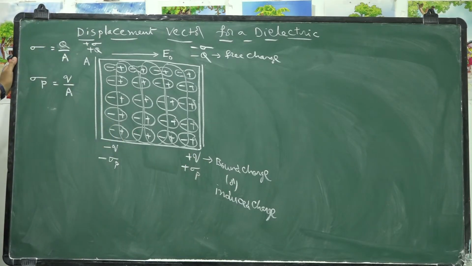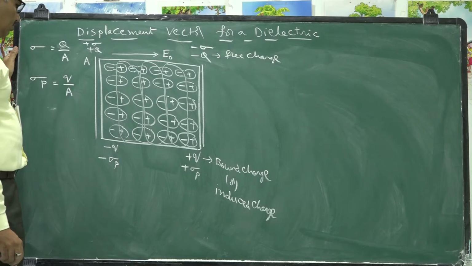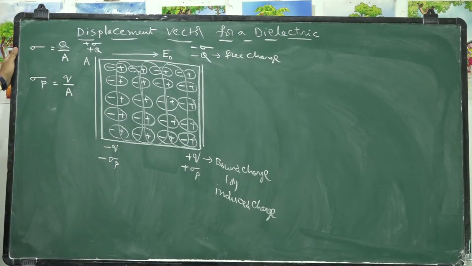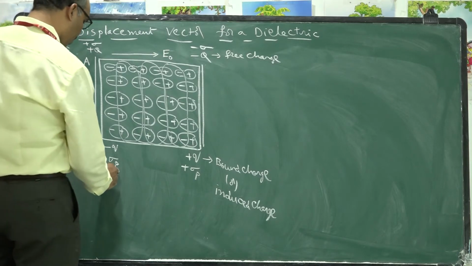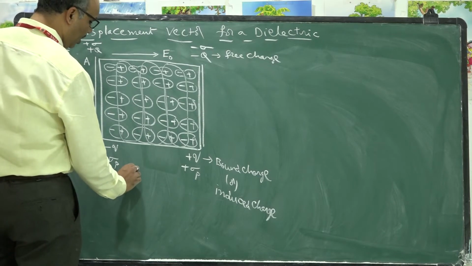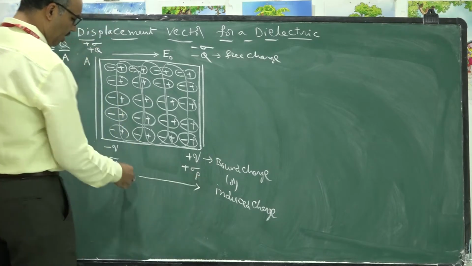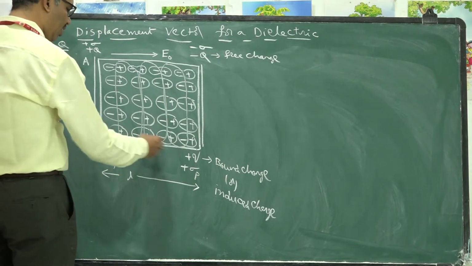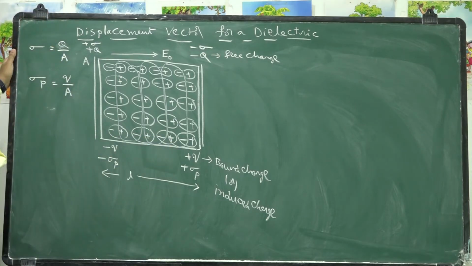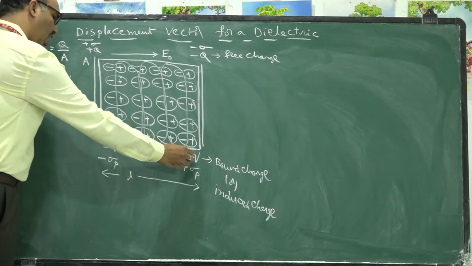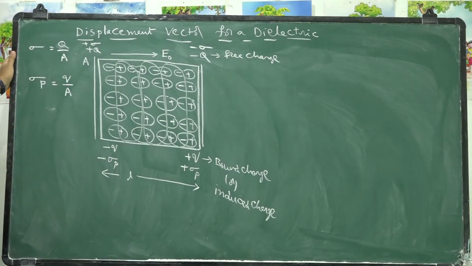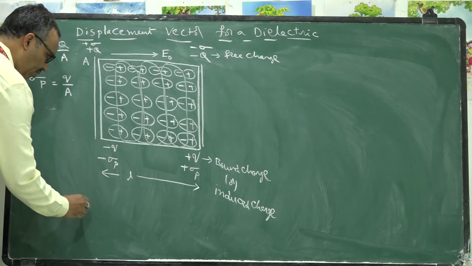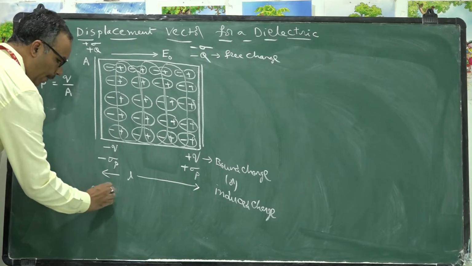You know that there exists a dipole moment here. The dipole moment is defined as charge into separation. If L is the separation between the two plates, L or D, anything you can take. Let me take L here. Then the dipole moment can be calculated as, here two equal and opposite charges are there separated by a certain distance. Then the dipole moment is defined as charge into separation. If I calculate the dipole moment here, the dipole moment is given by Q into L.